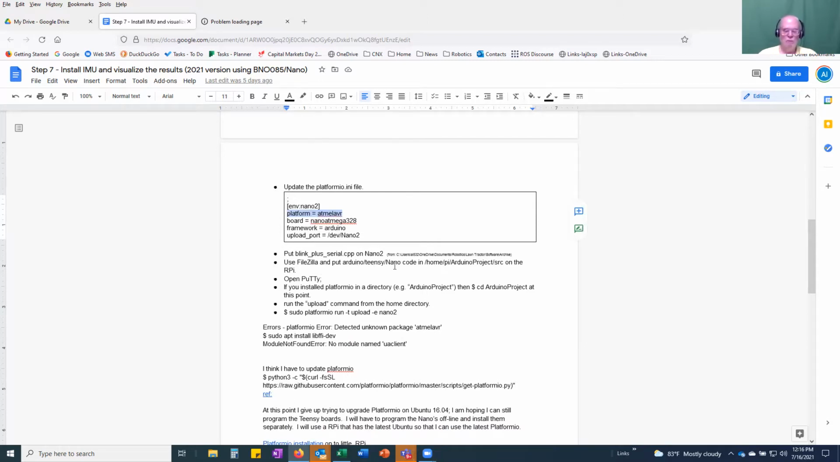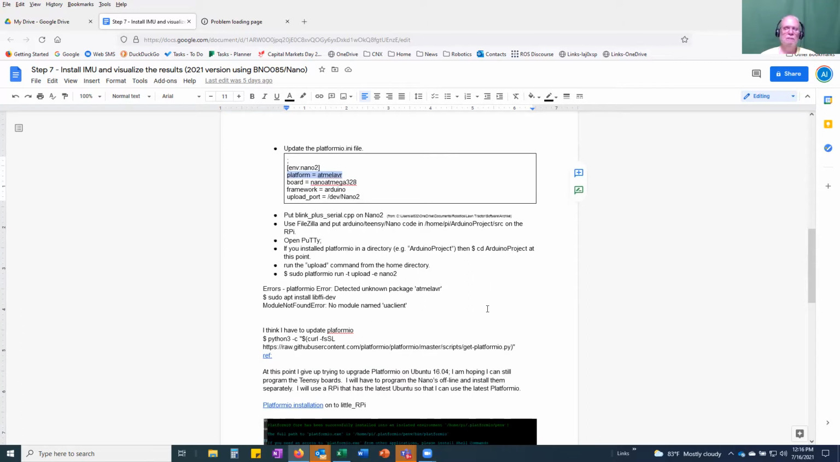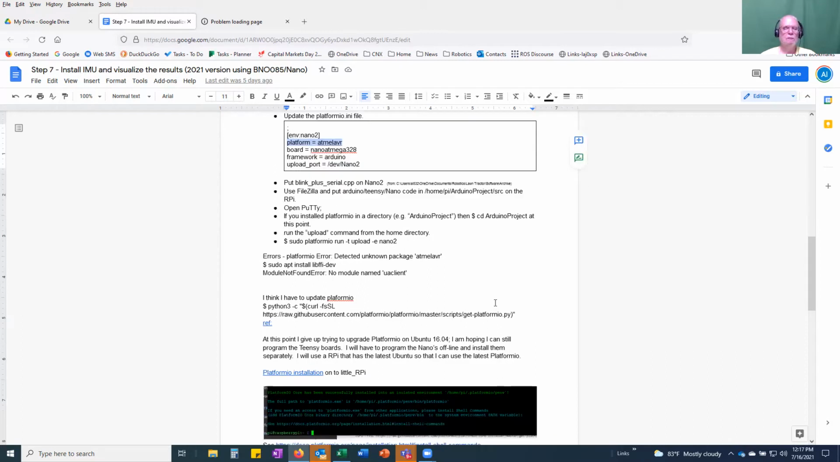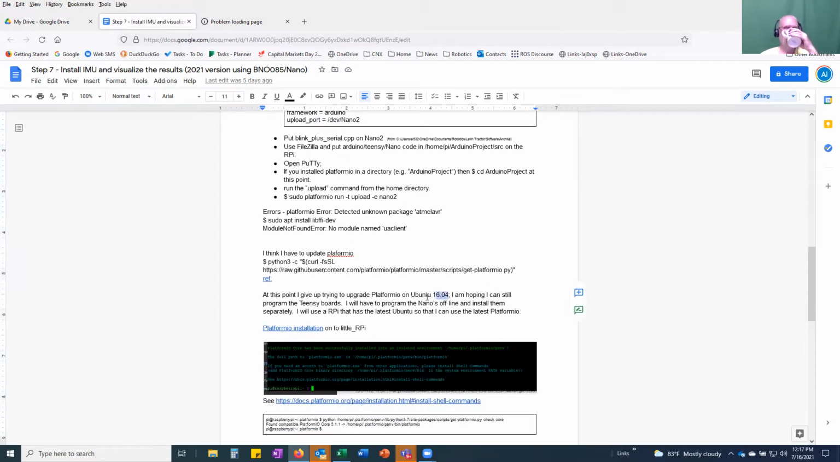So Platform IO wanted to install a new driver. It didn't have the driver. It tried to load the driver and it said, oh, you have an old version of Platform IO. And then it said, oh, you need a new version of Platform IO in order to get that driver. Oh, you're running Ubuntu 16.04. Well, you can't. To make a long story short, I gave up on trying to get Platform IO